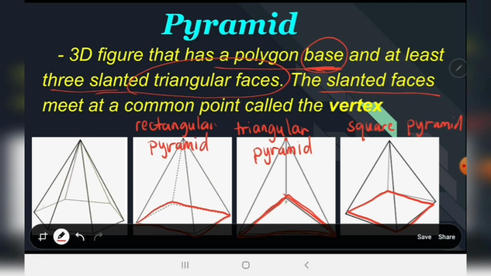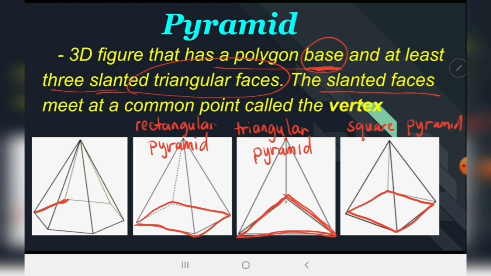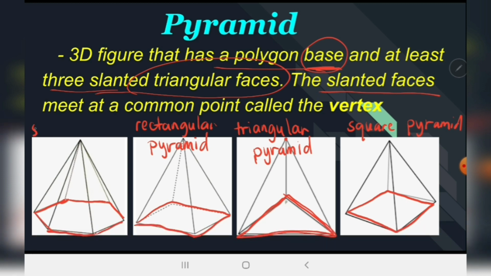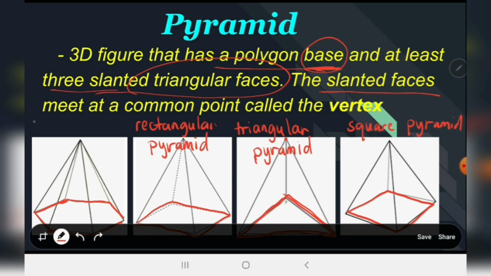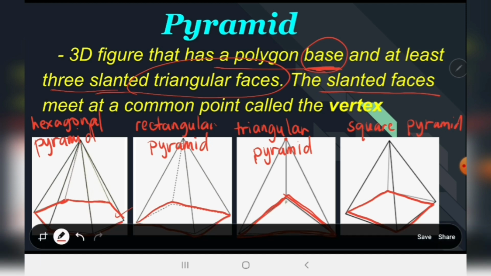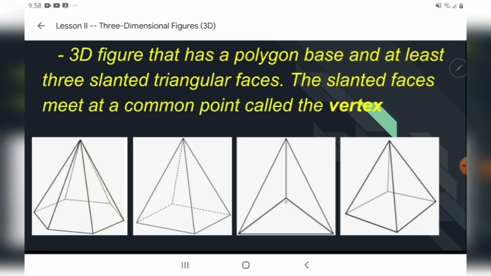And number 1, this is 1, 2, 3, 4, 5, 6. This means it is a hexagon. So that is a hexagonal pyramid. So we have checked, and that is pyramid. Next